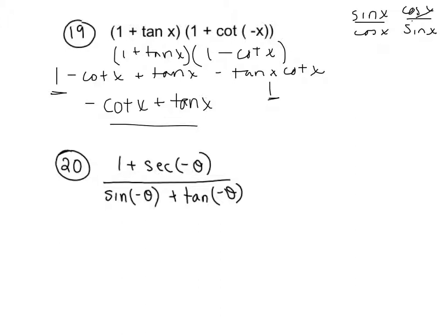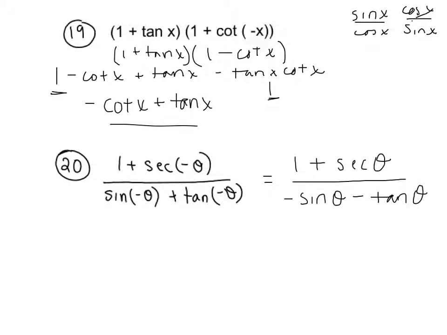Okay, on number 20, same kind of deal. Secant is an even function, so this is just 1 plus secant theta. And I'm just rewriting the problem without the minus signs in them. And so both tangent and sine are negative, so this is negative sine minus tangent. And then to solve this, you're going to go ahead and change everything to sines and cosines and get a common denominator. So for instance, on top, in the numerator, I would have 1 plus 1 over cosine. The common denominator there is cosine,